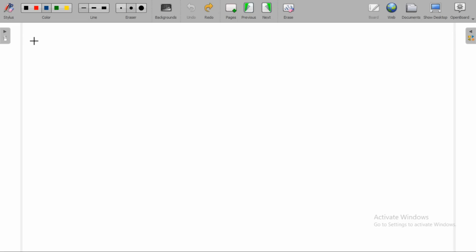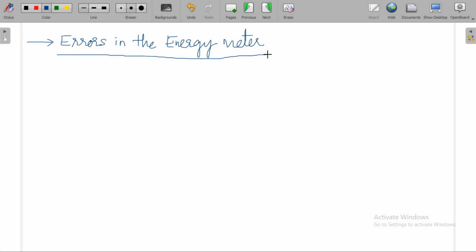Now we shall discuss about errors in the energy meter. Coming to the errors which are present in the energy meter: